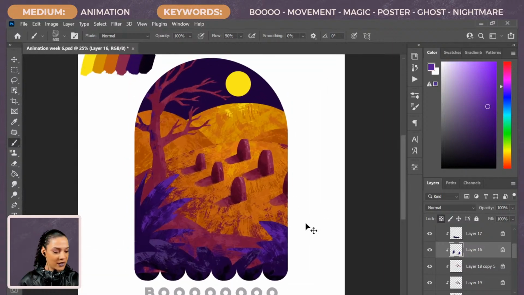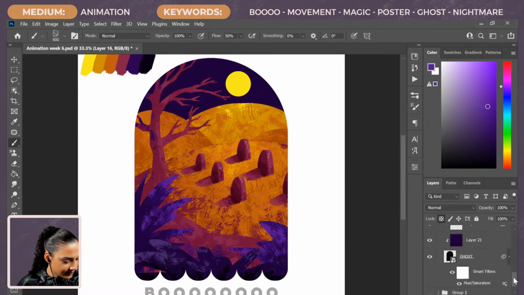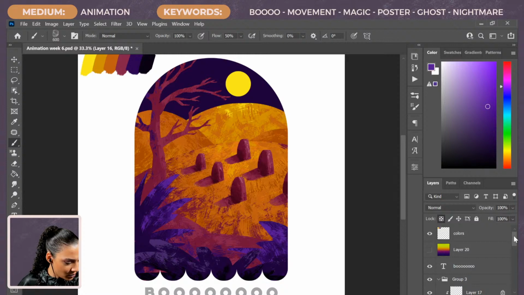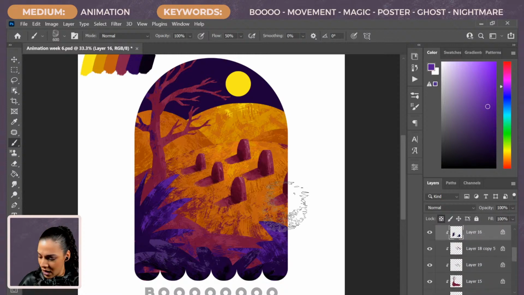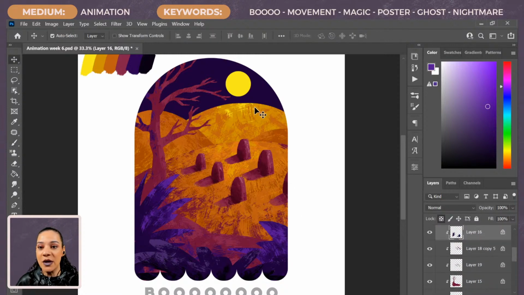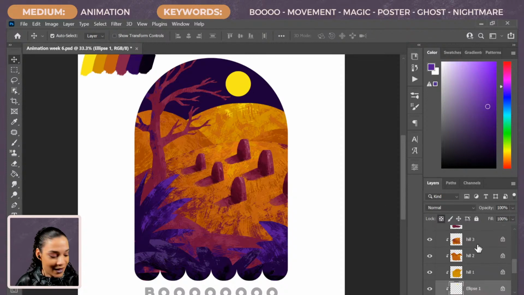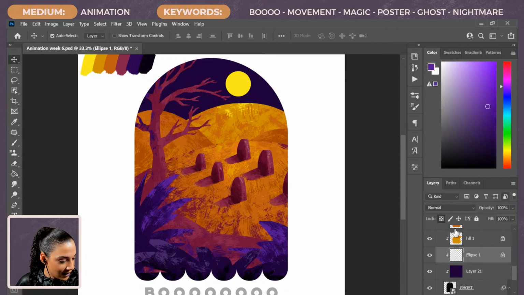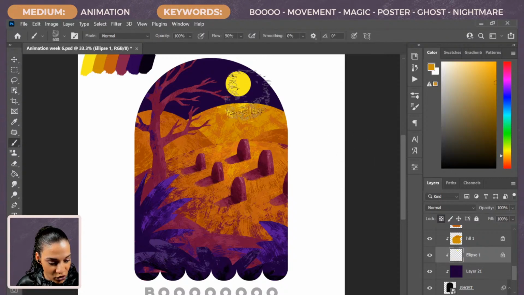All right, cool. So now let's do the moon. Where's our moon? If you can't find something in your layers, hit V to select the move tool, you can just click an element, and then you'll find it. Let's see, the transparency is locked on that. So I'm going to go back to my brush. I'm going to grab some orange.